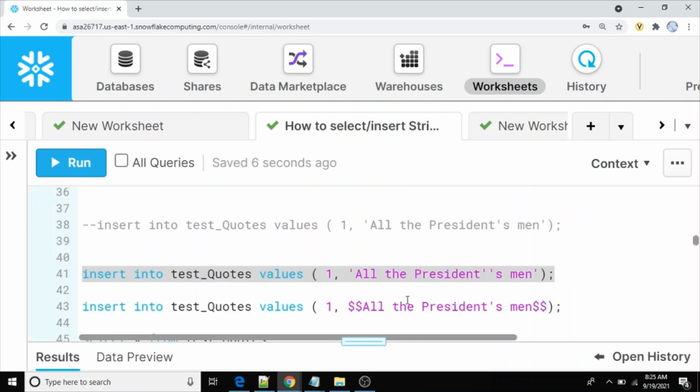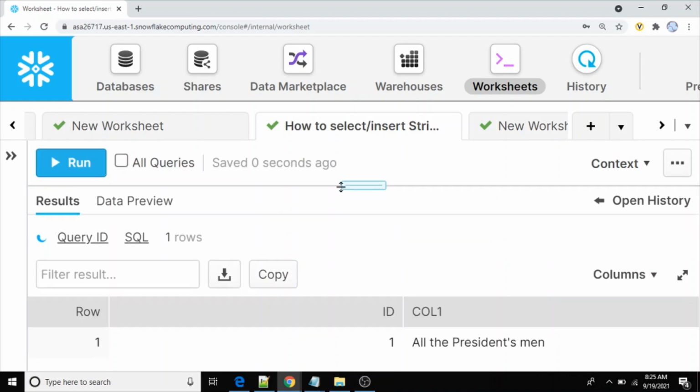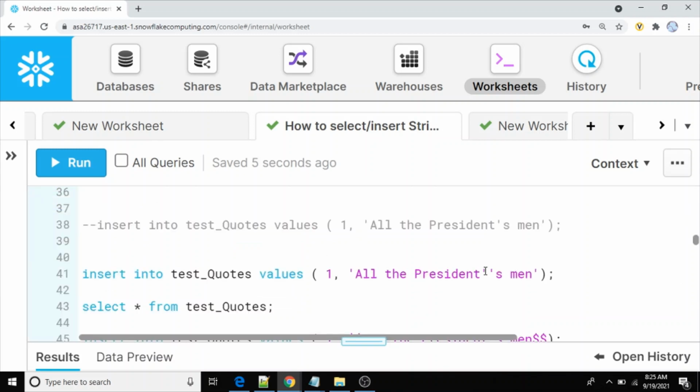That means you can escape them with, instead of 1 you can include the 2, so that we will get the expected output. So here, after inserting for id 1, all the precedents men, so we got the expected. But here also we have to take care about how many single quotes are there.